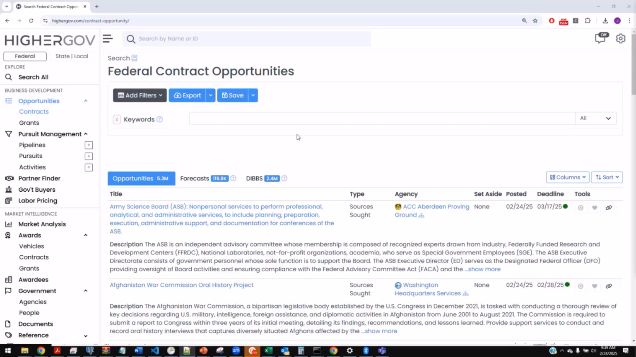Yep, great. Thanks, Carol. So I'm just here under opportunities contracts. This is our main federal contract opportunity search screen. There's a number of different ways to search here. We'll go from finding near-term opportunities to going further and further out. The further out you go, the more speculative it is in terms of whether something will